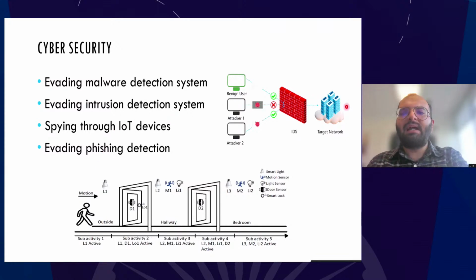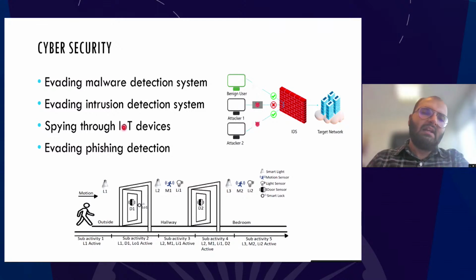दूसरे एग्जांपल में इंट्रूजन डिटेक्शन सिस्टम, तो मान लीजिए कि ये टारगेट नेटवर्क, मान लीजिए कि कोई बैंक का नेटवर्क है, राइट, तो अगर नॉर्मल यूजर है तो वो बैंक के नेटवर्क को इंटरेक्ट कर सकता है, लेकिन अगर कोई मलिशियस यूजर उसको इंटरेक्ट करना चाहेगा, तो बैंक ने डेफिनेटली कोई टूल्स लगाए होंगे जो उसको प्रिवेंट करेंगे, राइट, तो उसको एक्सेस नहीं मिल पाएगा। लेकिन अगर अटैकर नॉर्मल यूजर की पैटर्न को स्टडी करके खुद के नेटवर्क ट्रैफिक को मॉडिफाई करके कम्युनिकेट करना चाहेगा, तो बैंक ने जो एग्जिस्टिंग सॉल्यूशंस लगाए हैं वो उनको बाईपास कर सकता है। अगेन जो मॉडिफिकेशन अटैकर करेगा वो एआई अल्गोरिथम्स यूज करके ही कर सकता है।